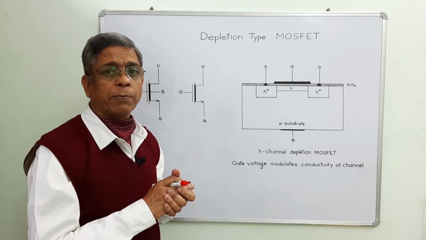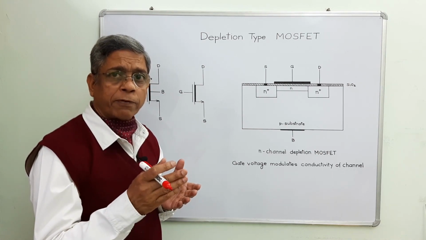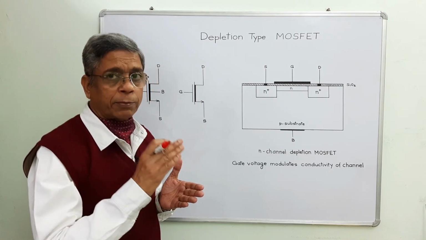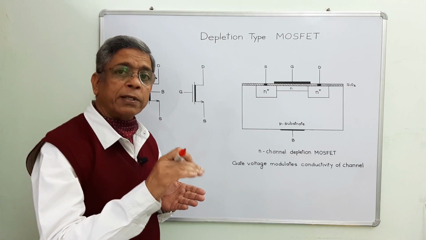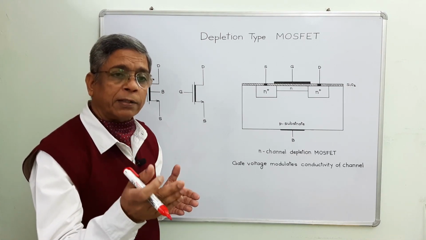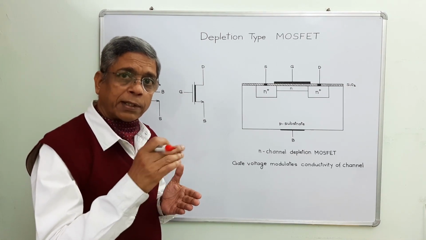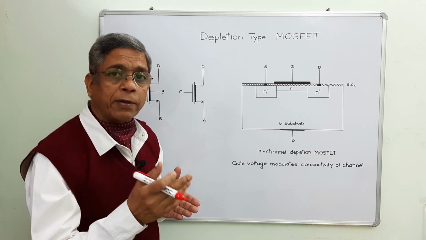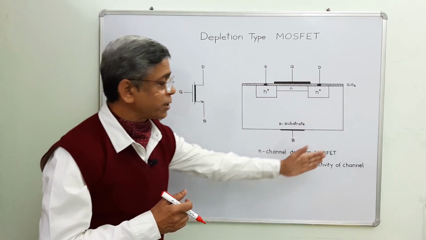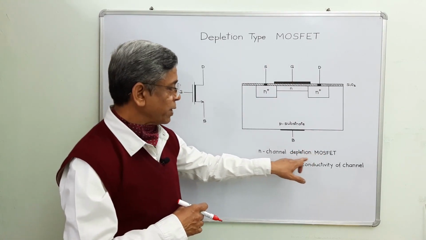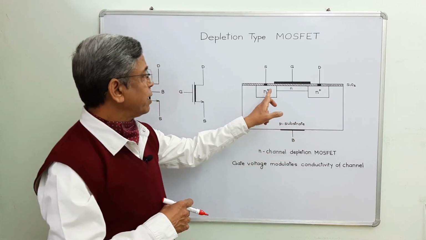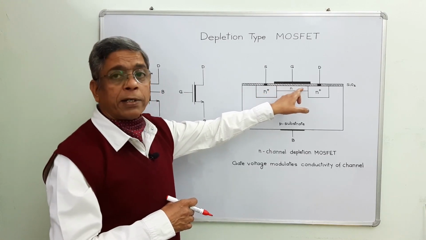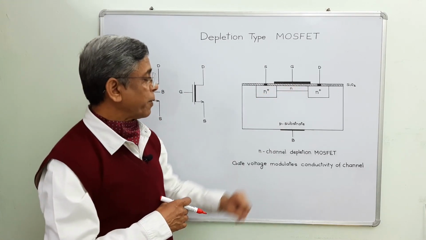Whereas in depletion type of MOSFET, when we apply a potential difference across the drain and the source, current flows through the device. That is because there is already a conducting channel between the drain and the source implanted at the time of fabrication. No need to induce that channel further. And this is the cross-section diagram of N-channel depletion MOSFET. This is P-type substrate, source region, drain region, and this is an implanted channel at the time of fabrication, N-type.